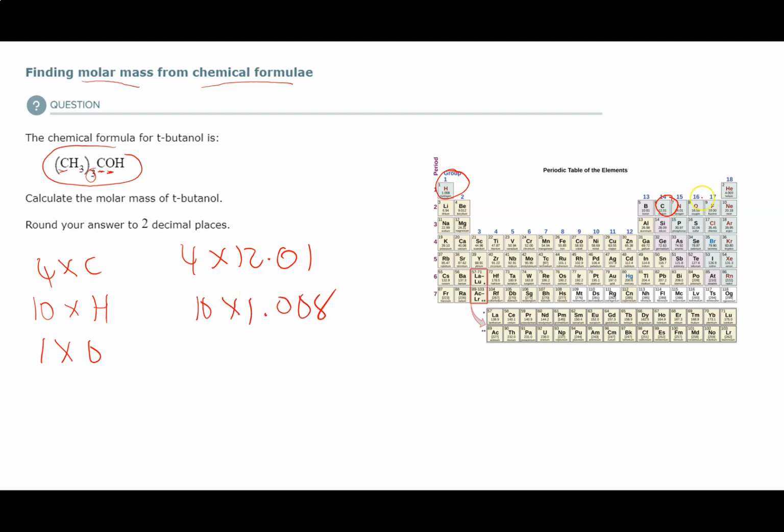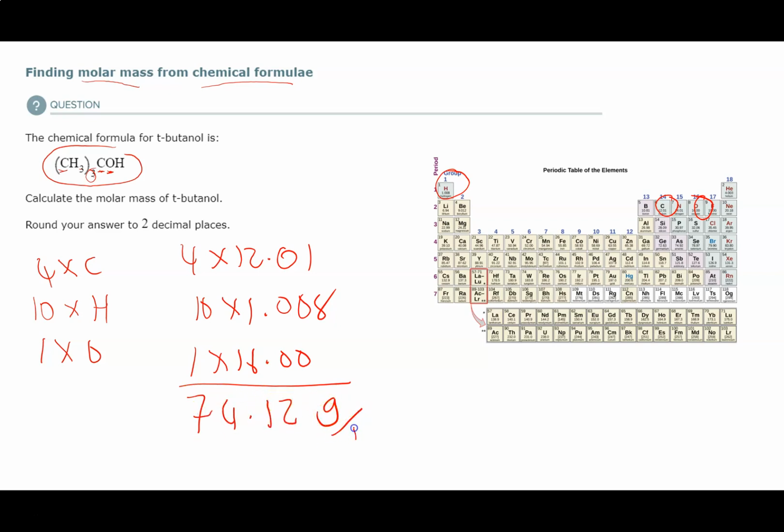And then oxygen's over here in group 6A, and we have 1 of those, and that's got a mass of 16.00. So the molar mass of T-butanol is 4 times 12.01 plus 10 times 1.008 plus 16 equals